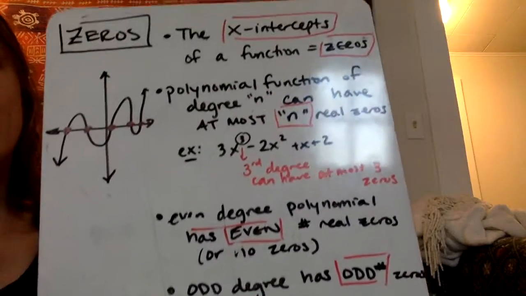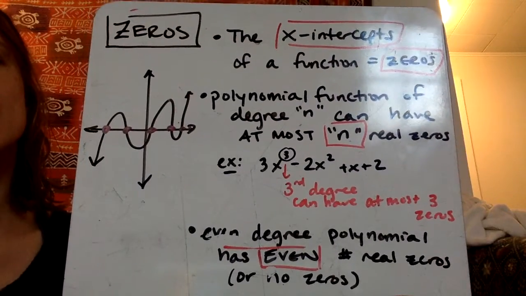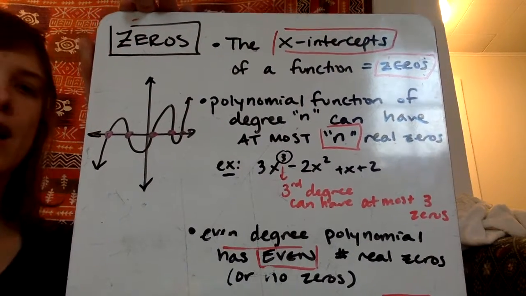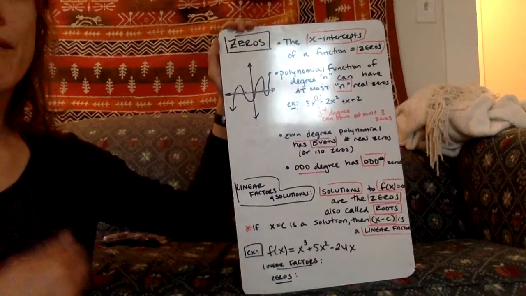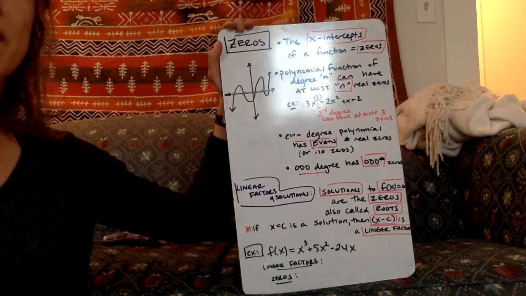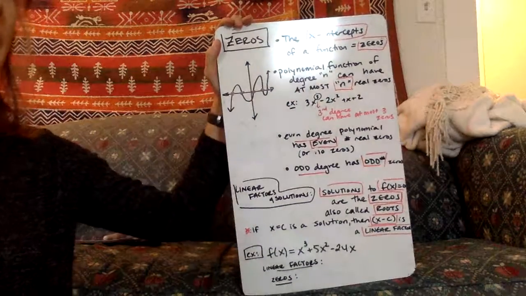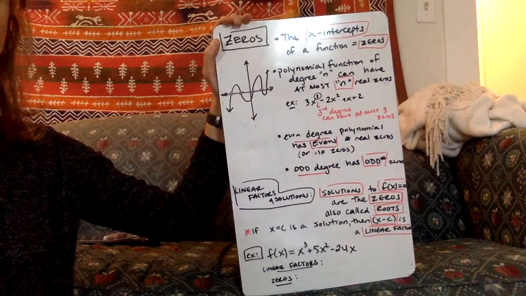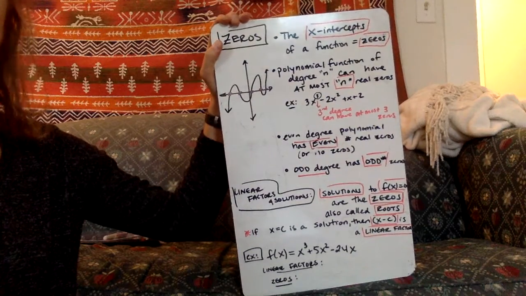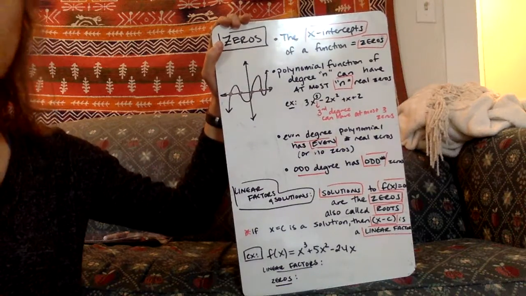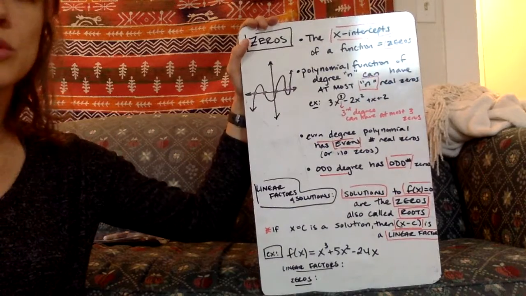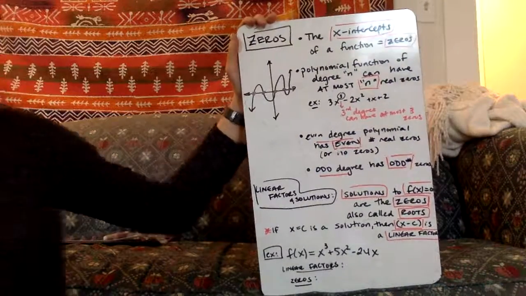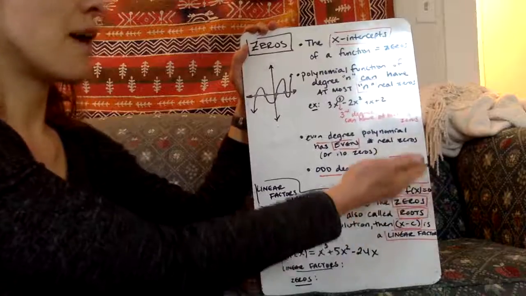And so, again, zeros are the x-intercepts of a function, so where the graph crosses the x-axis. And so, when I'm talking about finding the zeros, I'm talking about finding the solutions. And we did this a lot in the end of our first unit when we were factoring and then starting to solve quadratics. So in order to find the zeros, I have to find the solutions to my function. And so the solutions, I set y equal to